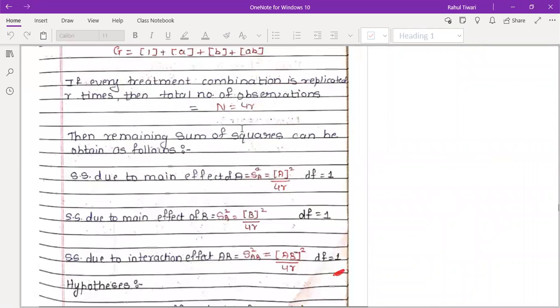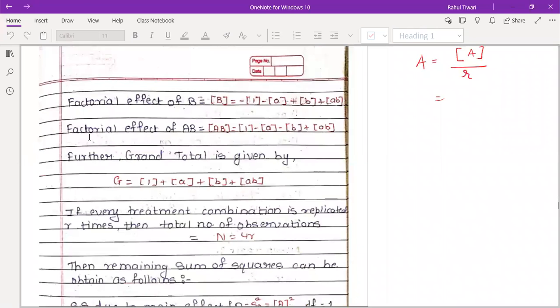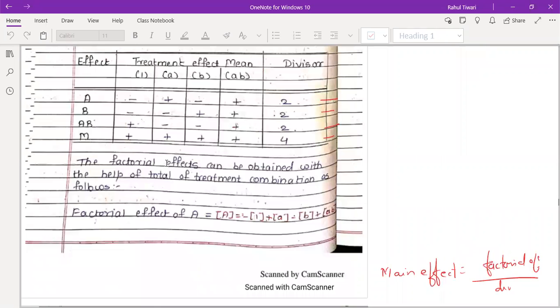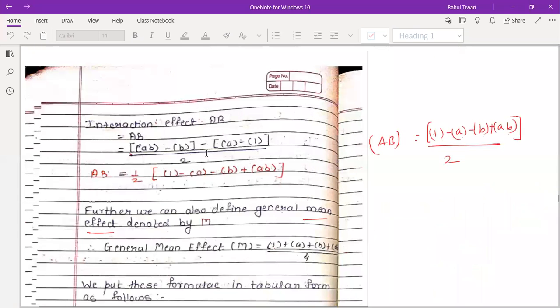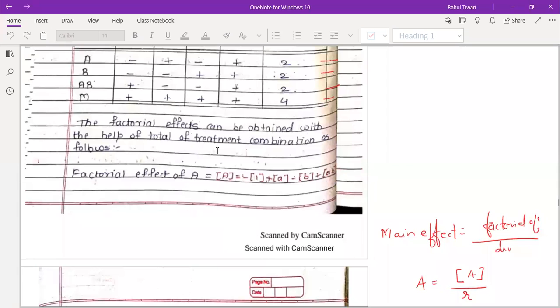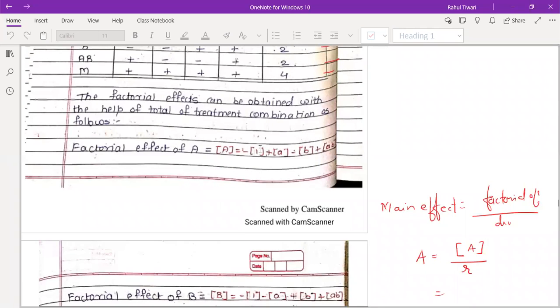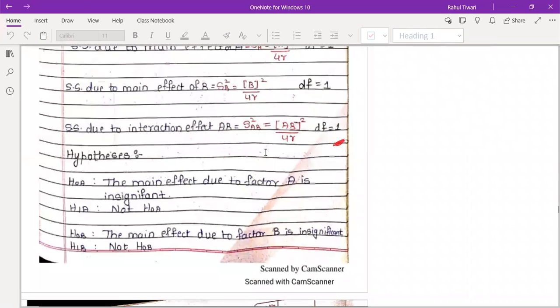I think the rest of the things are going to be the same. The treatment which you are assuming will be in closed form, and that we call factorial effects. Before, it was the main effect or the interaction effect, and we used open brackets, but whenever you talk about factorial effects, we always take closed brackets. Just take these as notations, then we will see how these notations are useful when we do the practicals.